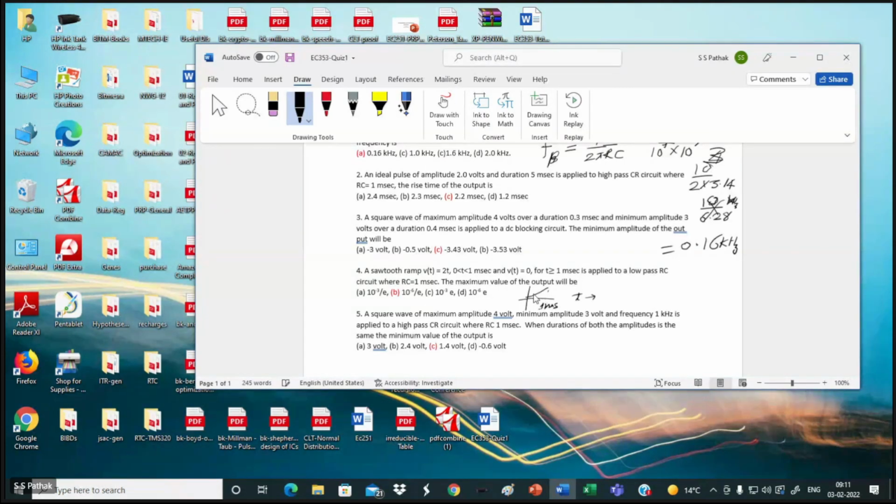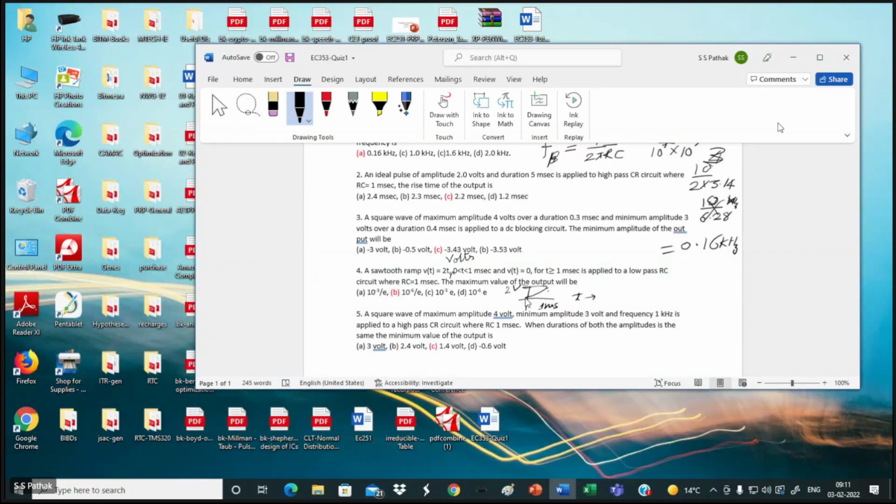Slope is 2. It will rise to which voltage? Starting from 0. At t equal to 0, it is 0, isn't it? It goes to t equal to 1. So this becomes your 2 millivolts. 2 into t I'm putting, I'm not putting any unit. 2 into t volts, sorry, it should be volts. That unit was missing. Anyway, you can write any unit, that is acceptable now. So this is your 2 volt now. This point is 2 volt.